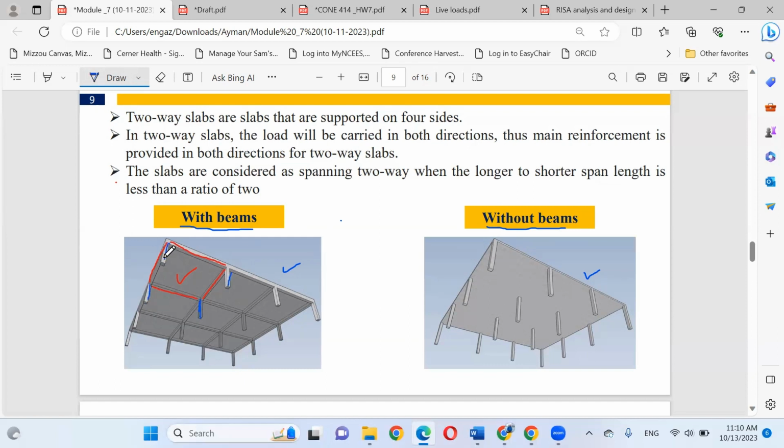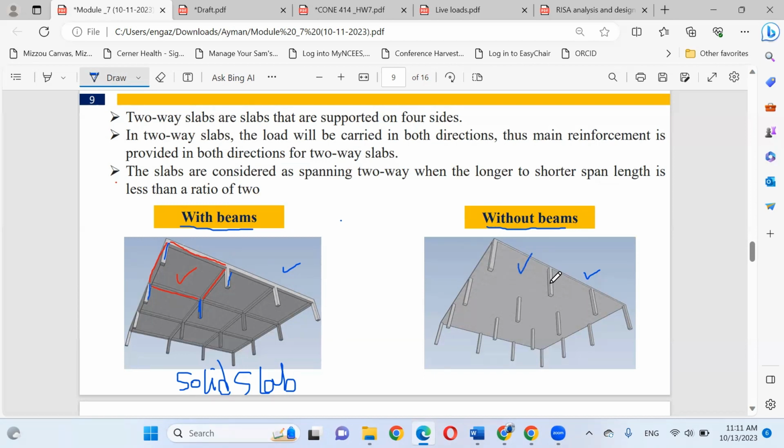But in this case, your slab is called a solid slab. Solid slab is not a common name, but it is mainly a slab with beams. The second case, which is a good case for architectural design, is where your slab rests directly on the column without beams.